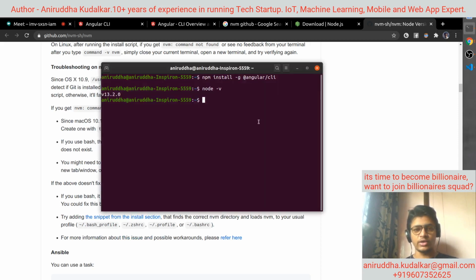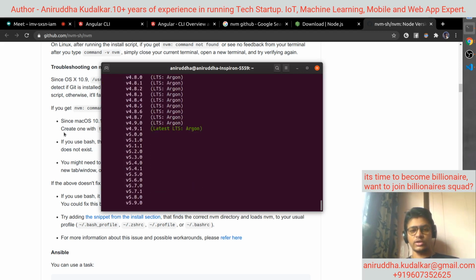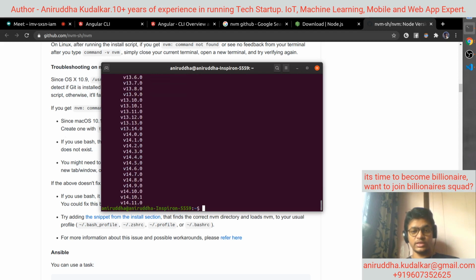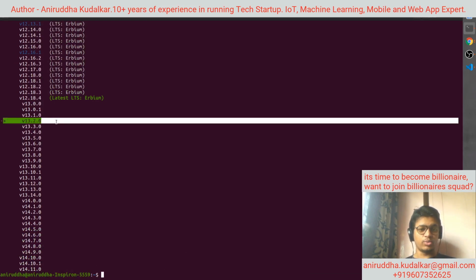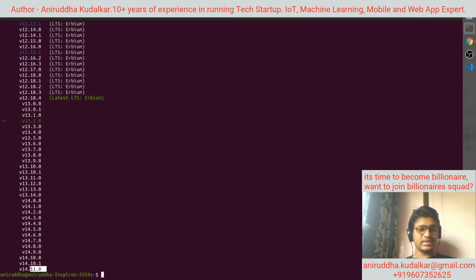I have already installed it. Let us see nvm ls-remote. nvm is the utility I have already installed, and it will tell you these many node versions are available in the market. I'm using 13.2.0, and the latest is 14.11.0.